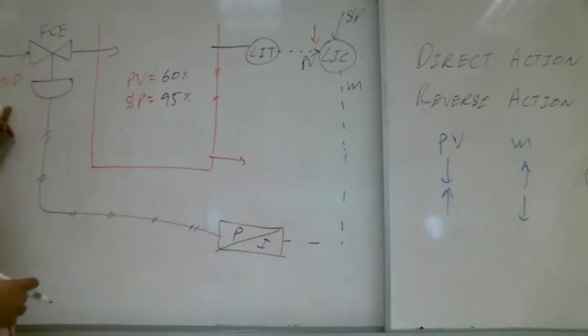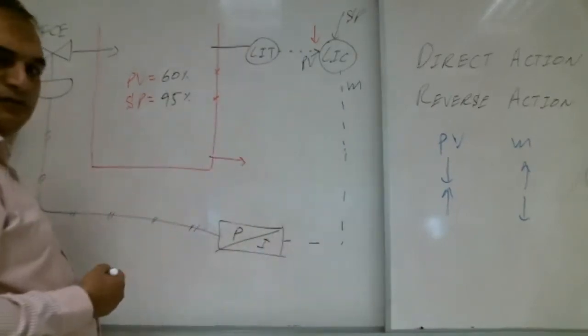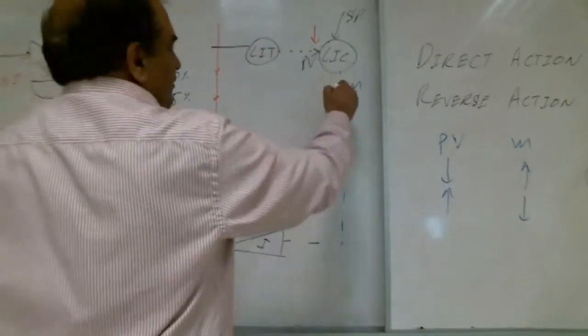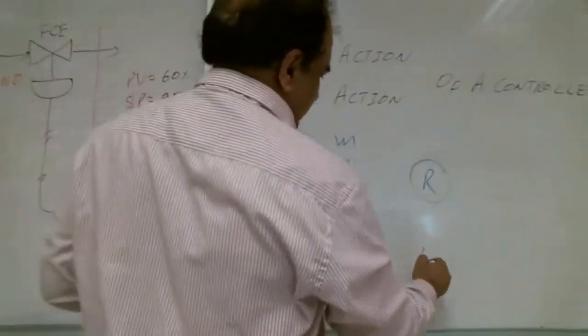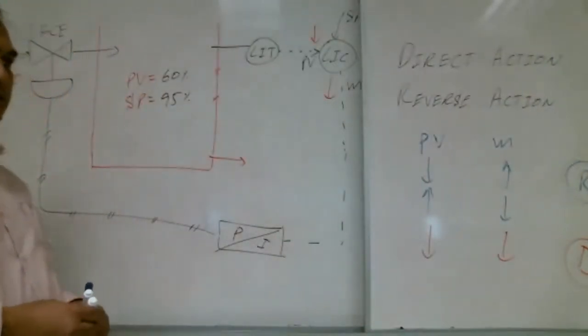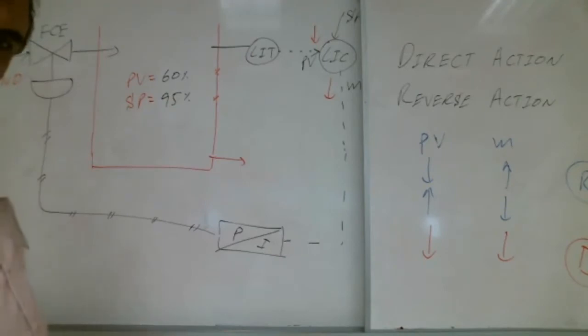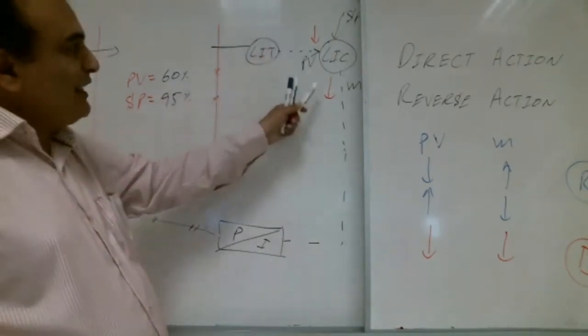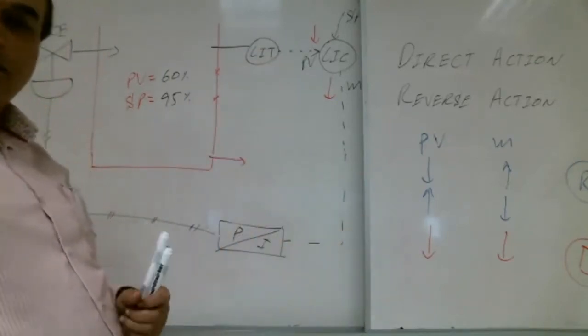Open more. This is a normally open valve. If we remove the signal, it will open. So are we going to decrease the signal or increase the signal? Decrease. Very good. Both arrows are in the same direction. If both arrows are in the same direction, it is direct action. Right, Shabab? Shabab with me?